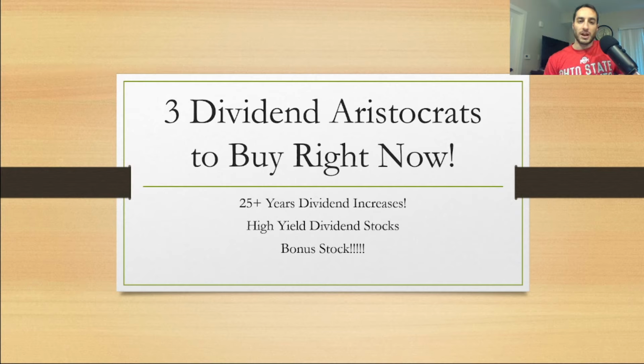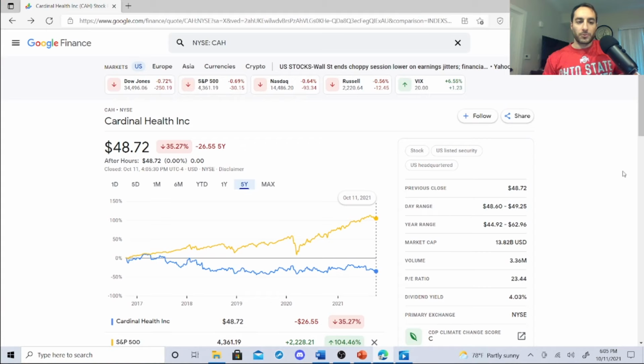Let's check out these stocks right now. So that first stock is Cardinal Health. Now this is a very popular stock. The symbol is CAH. It has a dividend yield of 4.03%, a PE ratio of 23.44. Its year range was 44.92 to 62.96. So there still is a dip with this stock, and it's a very high yield dividend stock